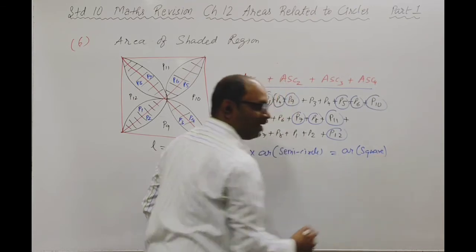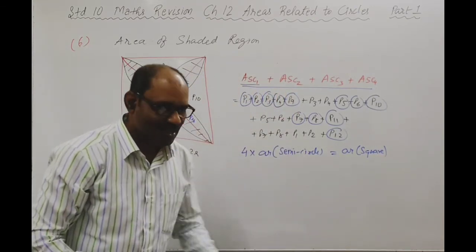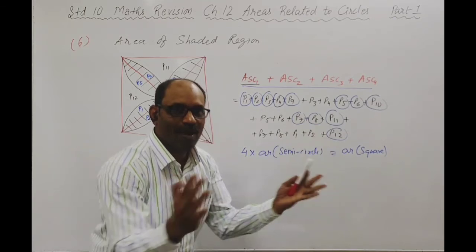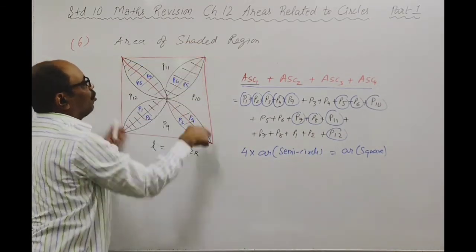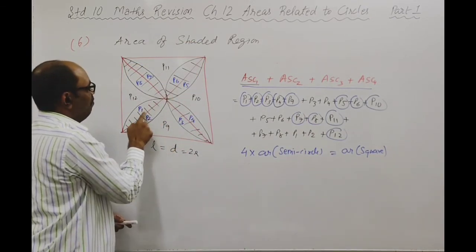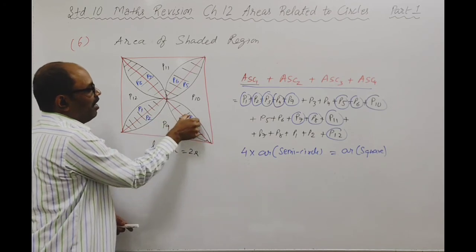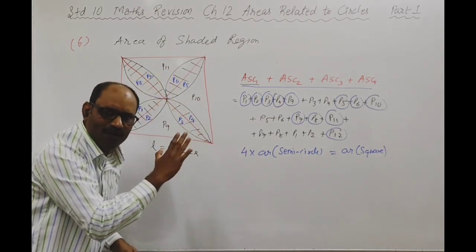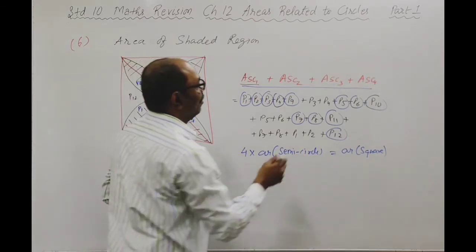Area of square. Did we get the area of the square or not? The total of these circle parts, all 12 parts' total area, that is the area of the square. Part 1 is this, part 2 is this, part 3 is this, 4 is this, 9 is this, 10. Can you all follow? Now look at the remaining part.